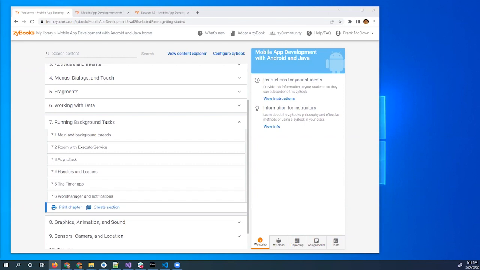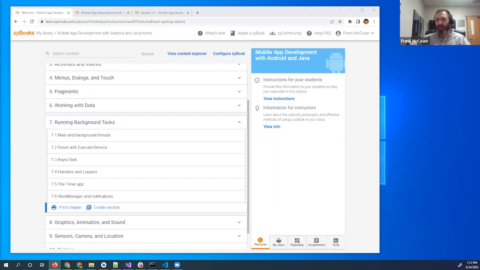So someone said, I noticed there's no labs in this book. Do we have any plans for mobile app labs? Yeah, we don't have any plans for that. So labs are in some of our other books like C++ and Java, where students can type the code directly into the lab and have it auto-graded. But we don't really have that as part of this book.